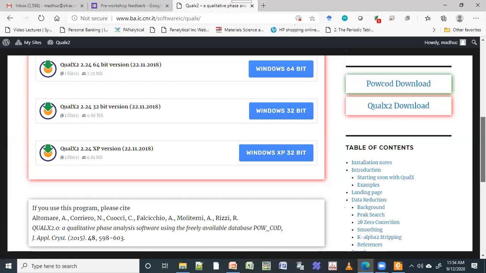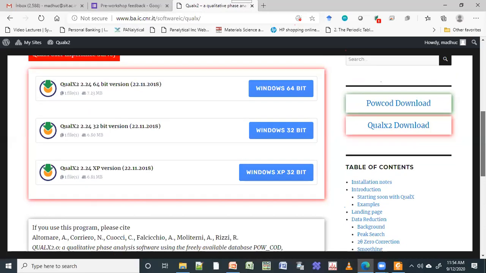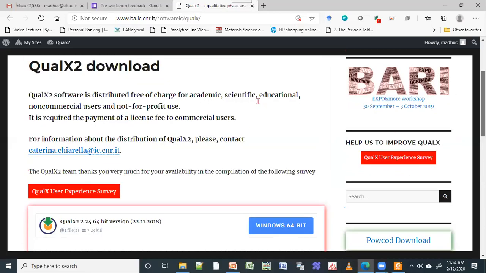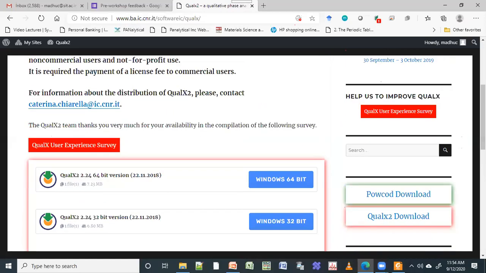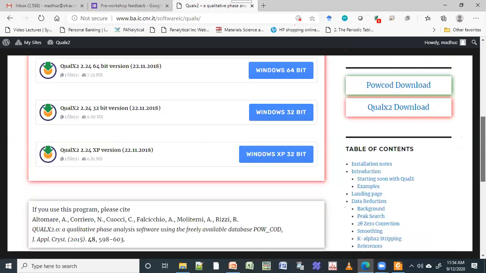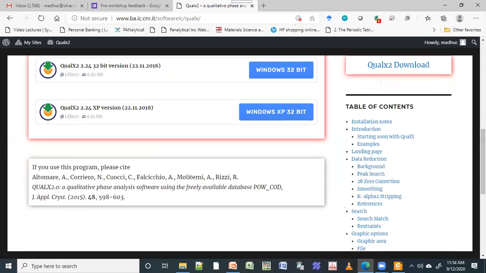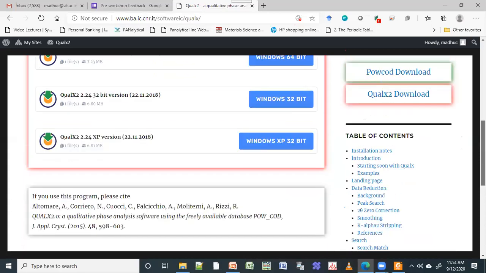So some people, if you're using Mac, I think I will try to find some other alternative. Okay, so you can just see this. Then maybe I will try to find alternative software, because I think some people have had that issue. I suggested this because this is a free software.